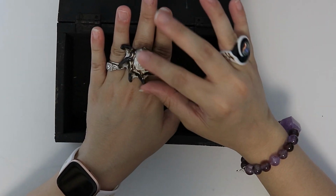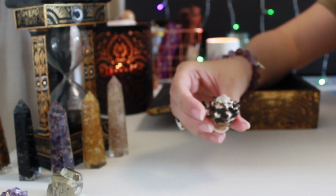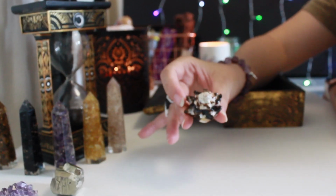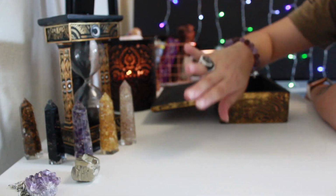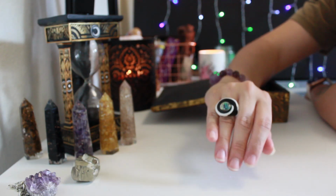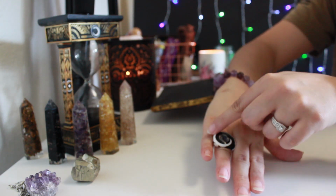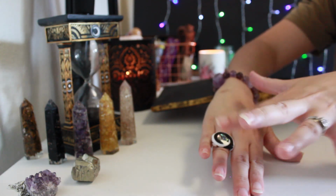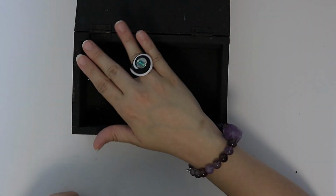And this one definitely I want it to be for protection, because you can see the shell is just so beautiful. And it calls, like, there's no doubt that it's a shell. This one doesn't look so much like that. So I'm thinking I'm gonna do a prosperity one, because we have here the spiral, always keeping growing, and the beautiful bubble and shell in there. So that's what I think, but